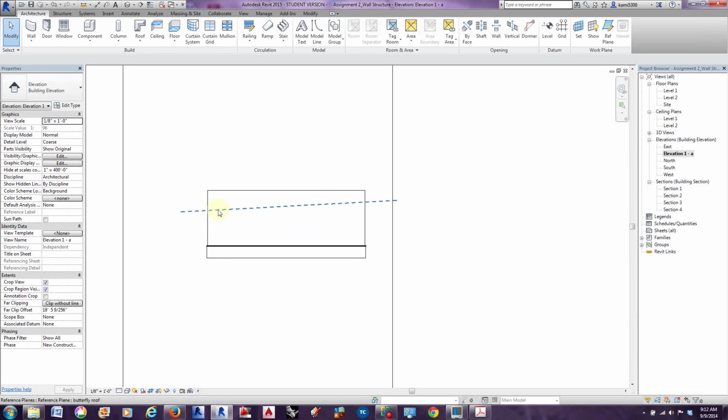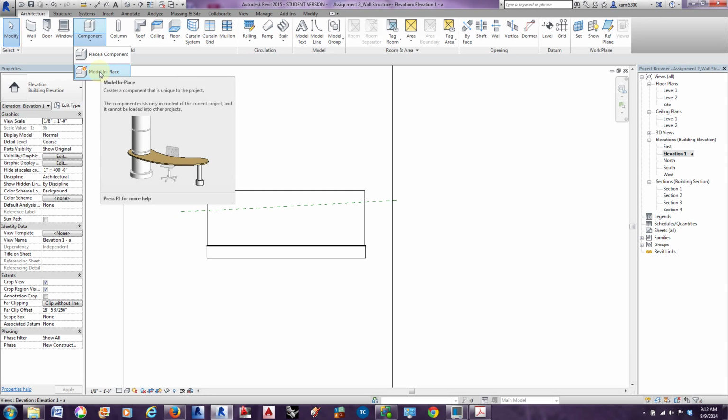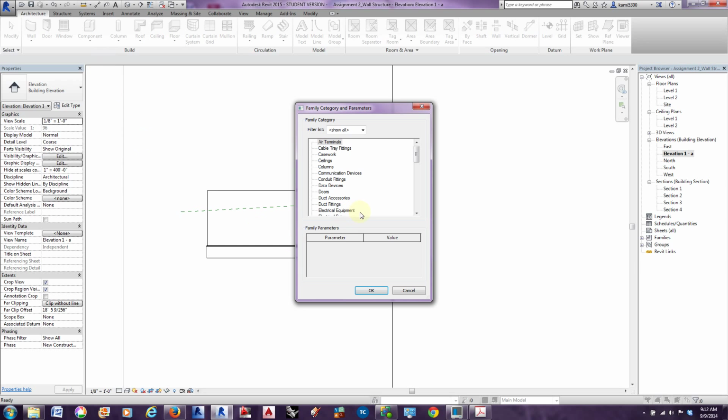So basically we're going to be drawing on this plane, and we're going to be extruding a component. So I'm going to go up to my components tab, and I can model in place components. And so I'm going to click model in place, and it says, well, what category of component do you want to model? And we're particularly modeling a roof. So let's select that, because